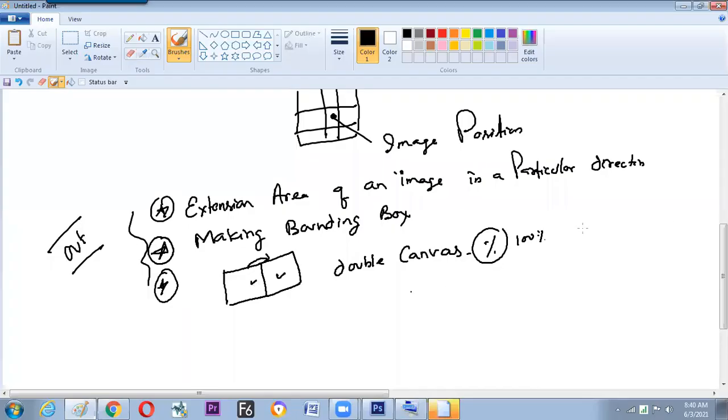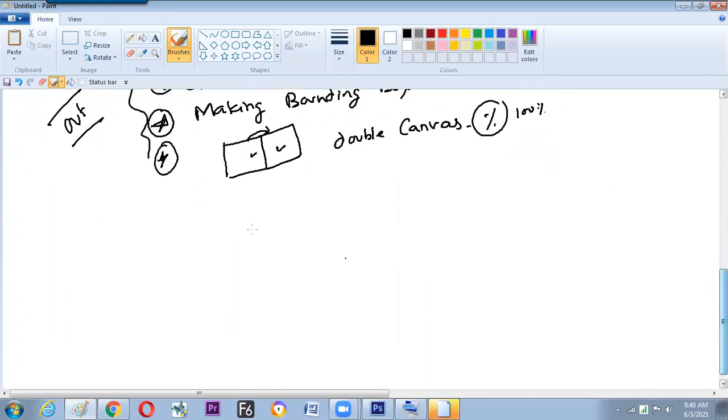Now a point to note out: what we have learned here. Filling of colors can be done through different modes. By default, it will be normal.